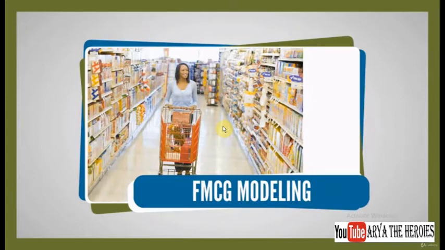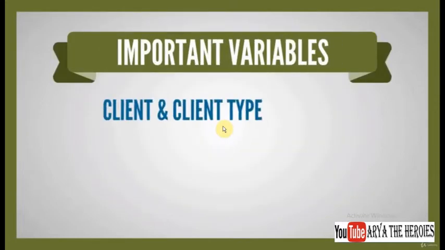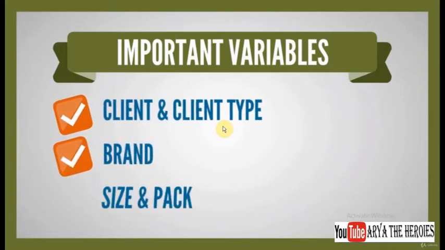Drinko is a soft drinks producer. Our goal here will be to build a model that allows the company management to see the volumes that were sold, the revenue, and margins that were obtained, and provide a breakdown per month, client, client type, brand, size, and pack. These are the important indicators that need to be analyzed in order to understand whether the company can improve its